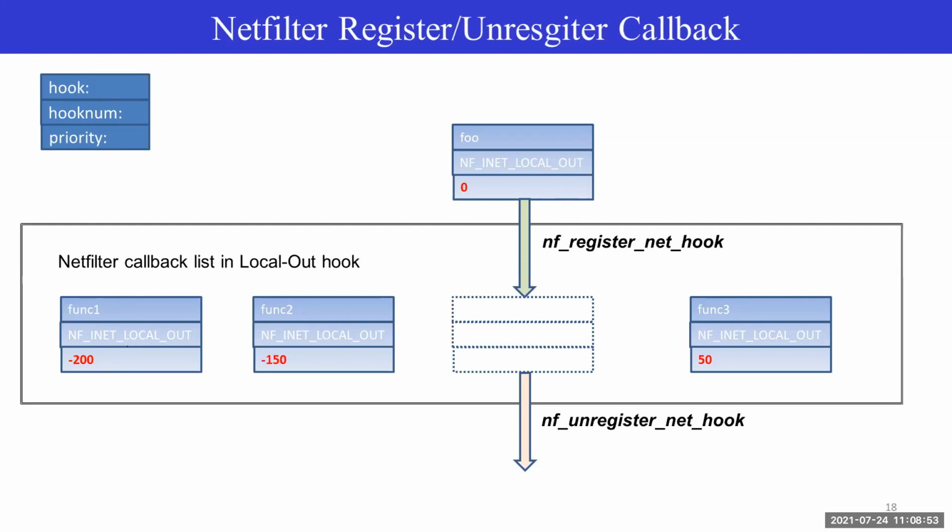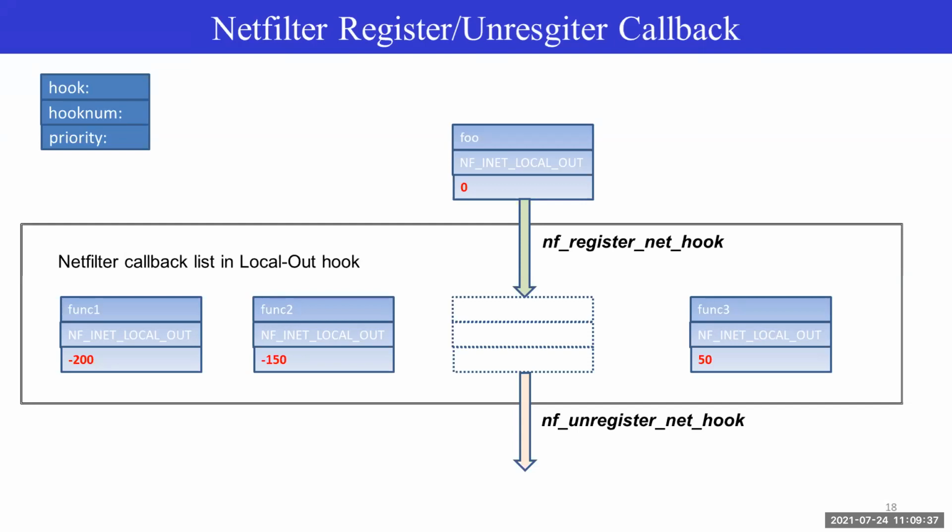I'm assuming that there is no private part or interface specific part. In that case, usually if it is a minus value, that means it will have a higher priority than the other one, and the more you go on the positive side, the lower the priority. This sorting is done when you are registering the function. After that, when the callbacks are called, it just traverses the list and calls them one by one.